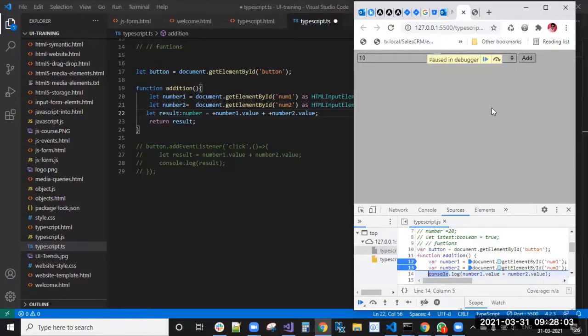So this is the rule in ECMAScript, and I'm using the same rule.